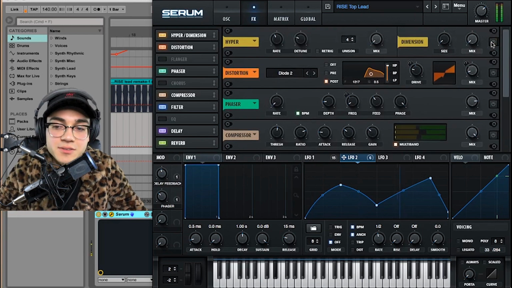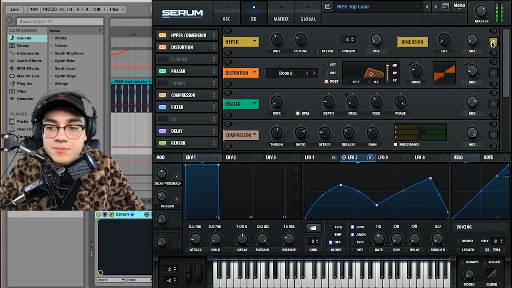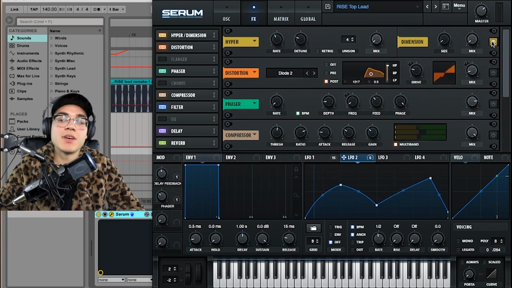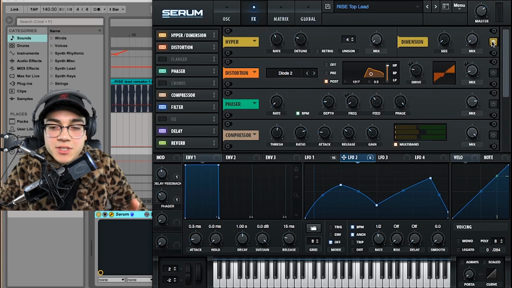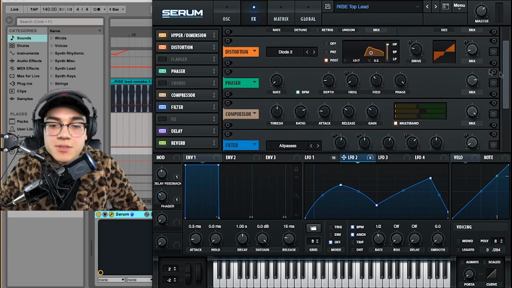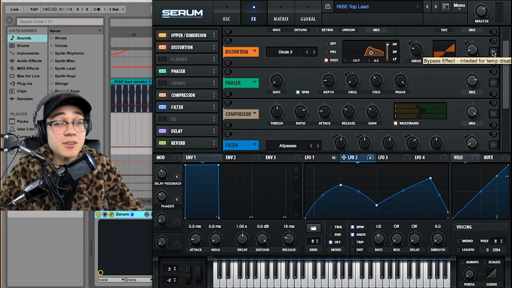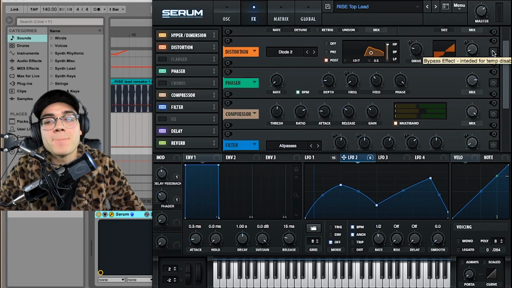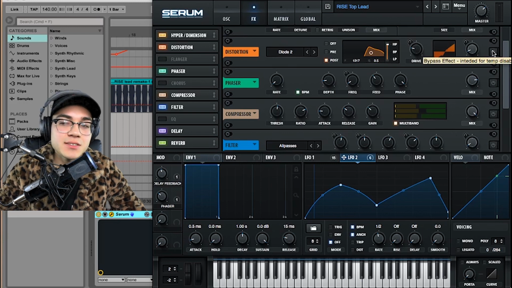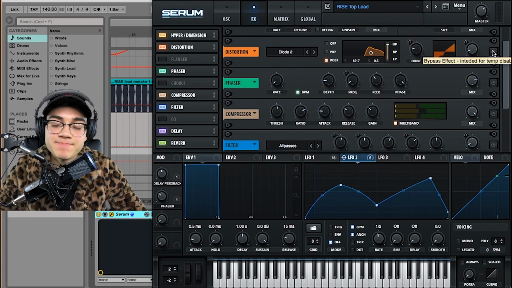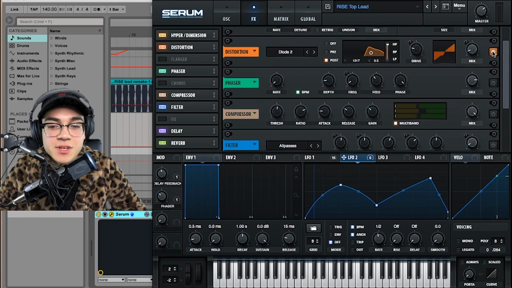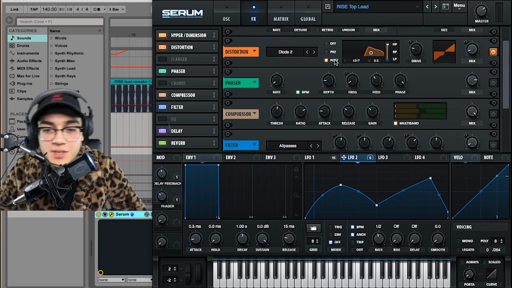So this is without. And with, it gives it just a little bit more, you know? It's not like pushing it like crazy. So with the distortion, I was thinking about using Bit Crusher. I tried it. It was close to getting the sound all the way that I wanted, but it just made it really weird. So then I just used Diode 2, and then I put on post-processing, and then put the high pass up,